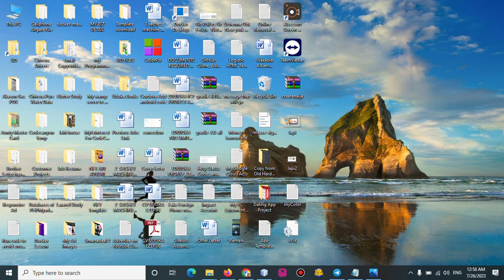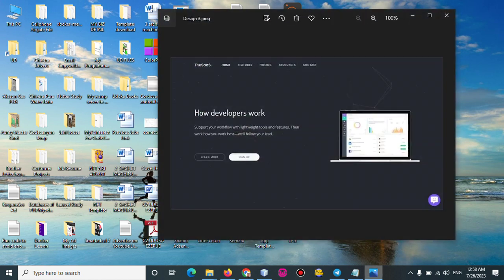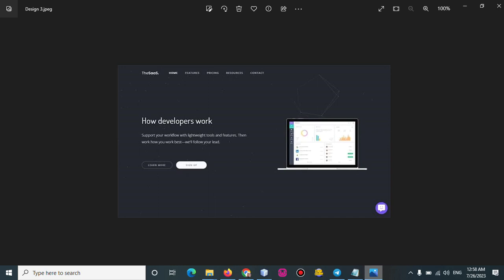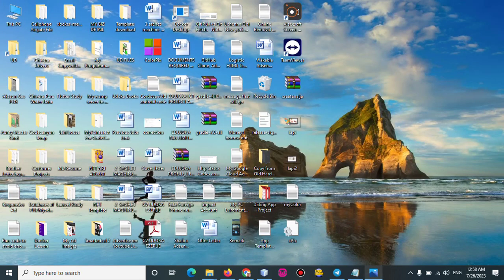Today we are going to be making a nice design, our first beautiful design. I have the image here, the screenshot of the design I want us to be making. So look carefully, you see this design. Today I'm going to be designing this beautiful interface. It is a web page, but I have screenshot it from a website. So let's go down